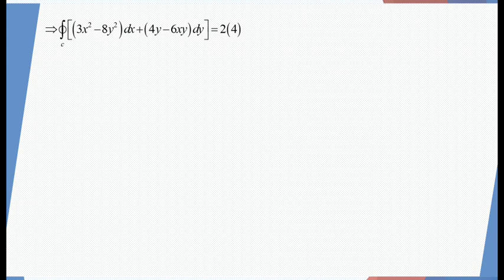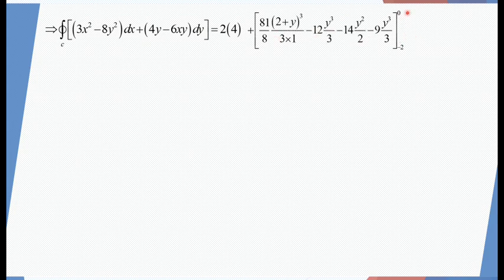Now this will be 4 times [the bracket from -2 to 0], and it is the integral of (2+y) whole square, which is (2+y) whole cube upon 3 into coefficient of y, which is 1, minus integral of y square, which is y cube by 3, minus 14 times the integral of y, which is y square by 2, and minus integral of y square, which is y cube by 3. So now see,